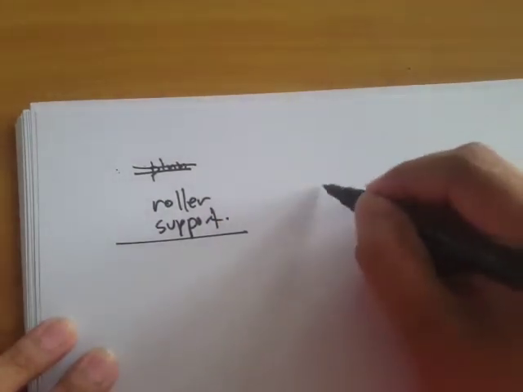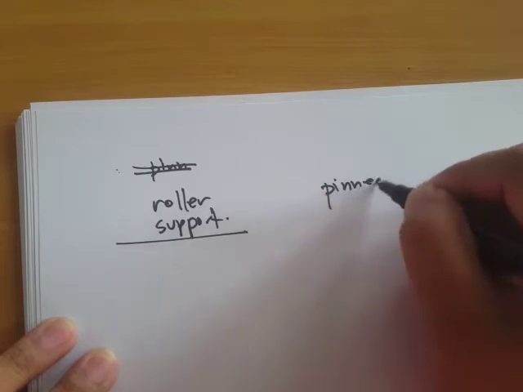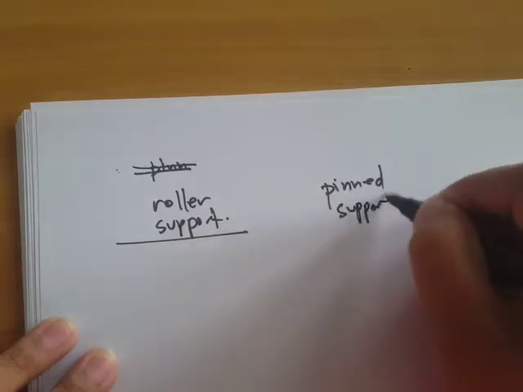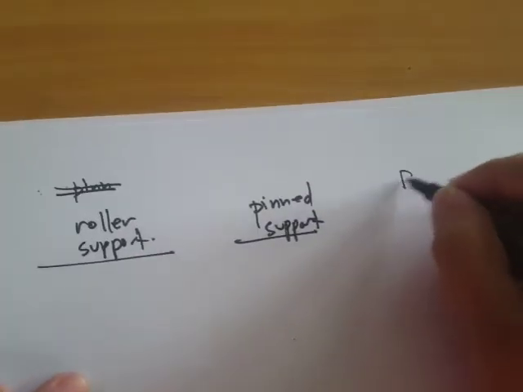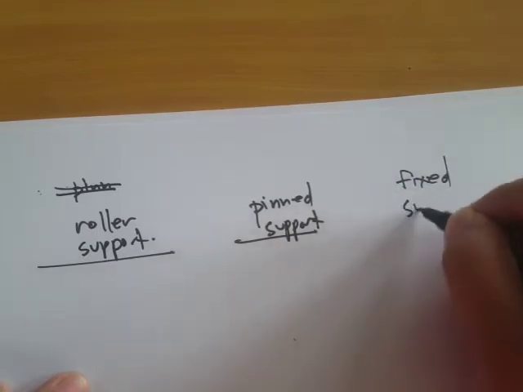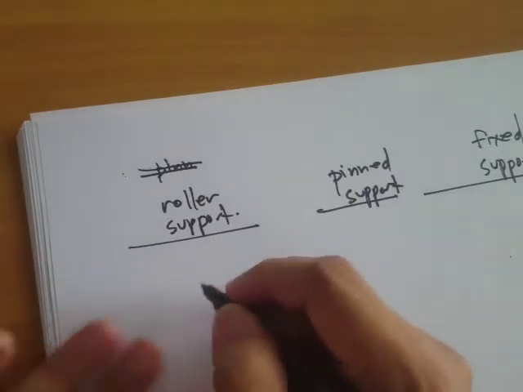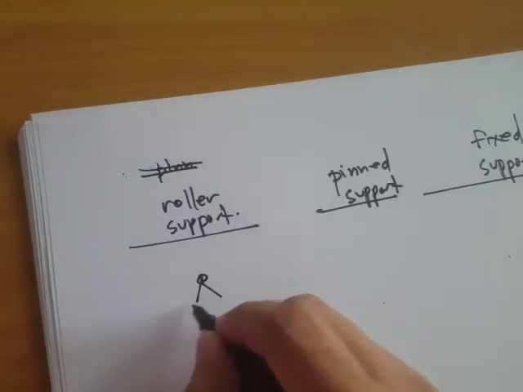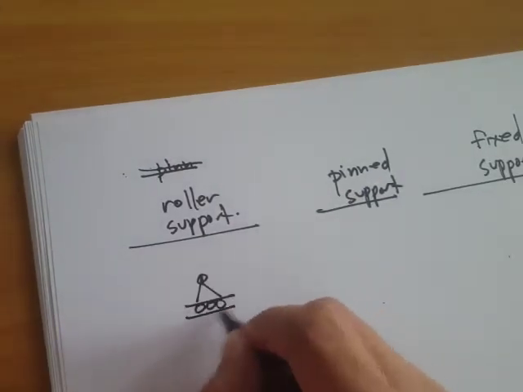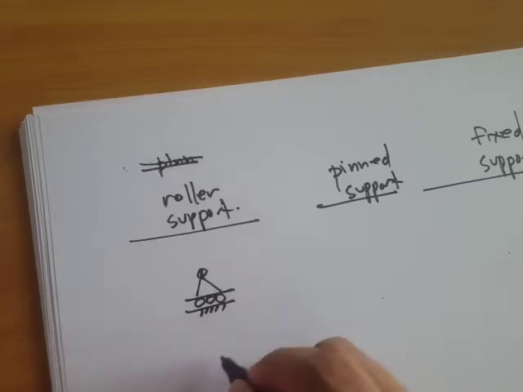Then another one is the pin support. Then the third one would be the fixed support. For the roller support, we use the symbol like this, or in other texts they simply use something like this, just a circle,